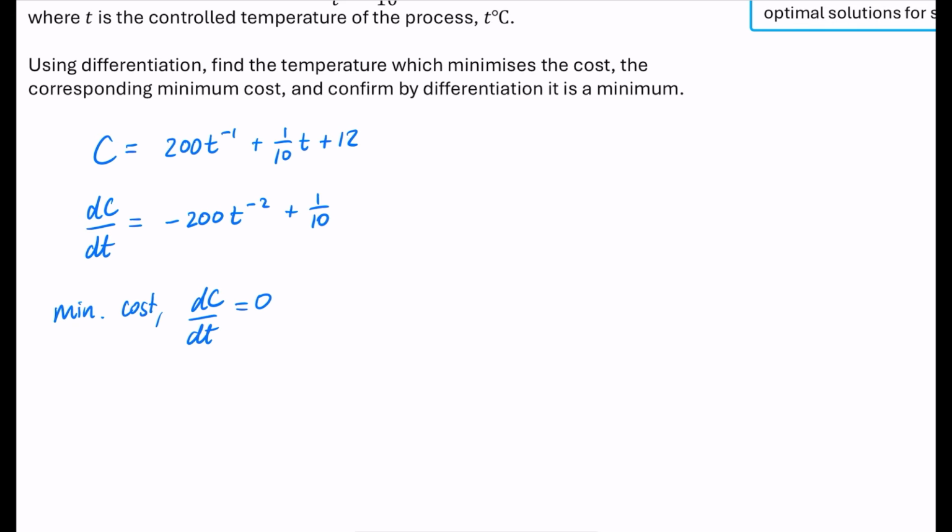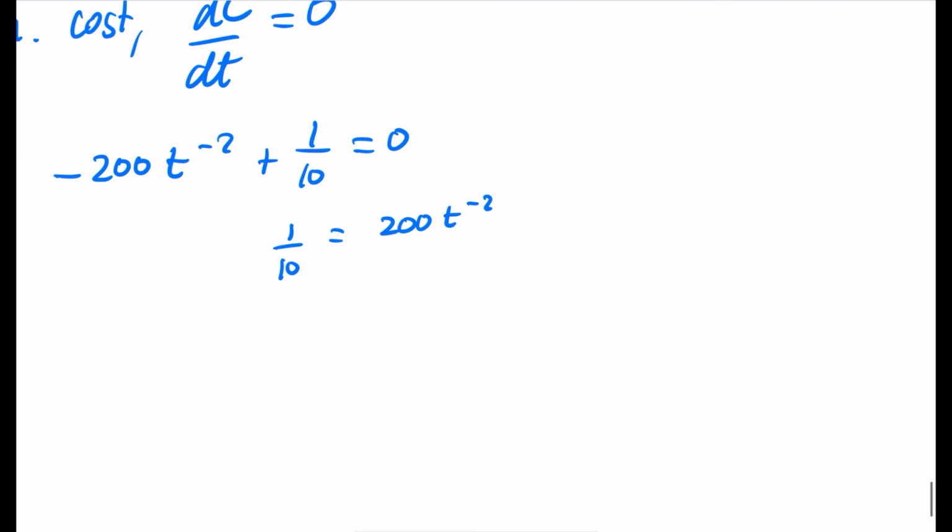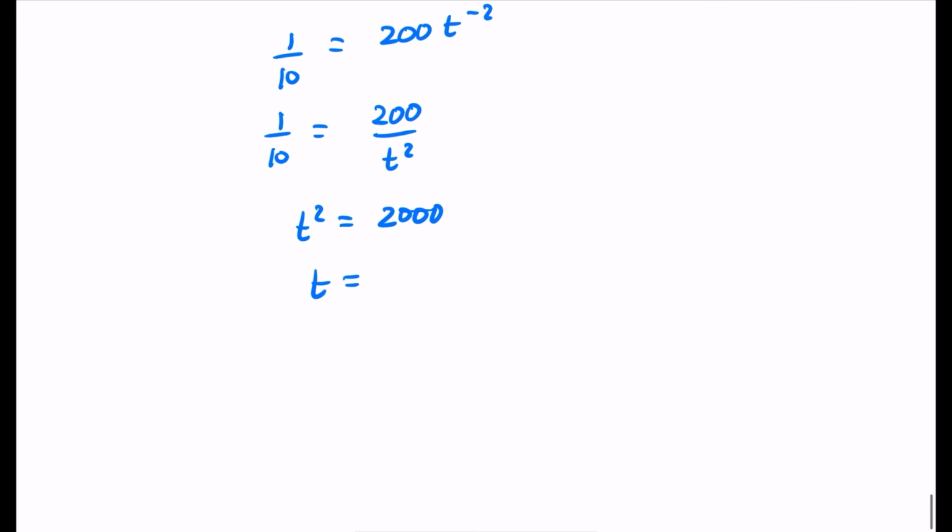So we need to make this thing equal to 0, so that's minus 200 t to the minus 2 plus 1/10 is equal to 0. So I'll put the 200 t to the minus 2 on this side. And if you think about what that looks like, that's the 1 over 10, 200 over t squared. So I'll multiply it by the t squared, and then I'll multiply it by the 10. So I get that t squared is equal to 2000. And so t is the square root of 2000, which is